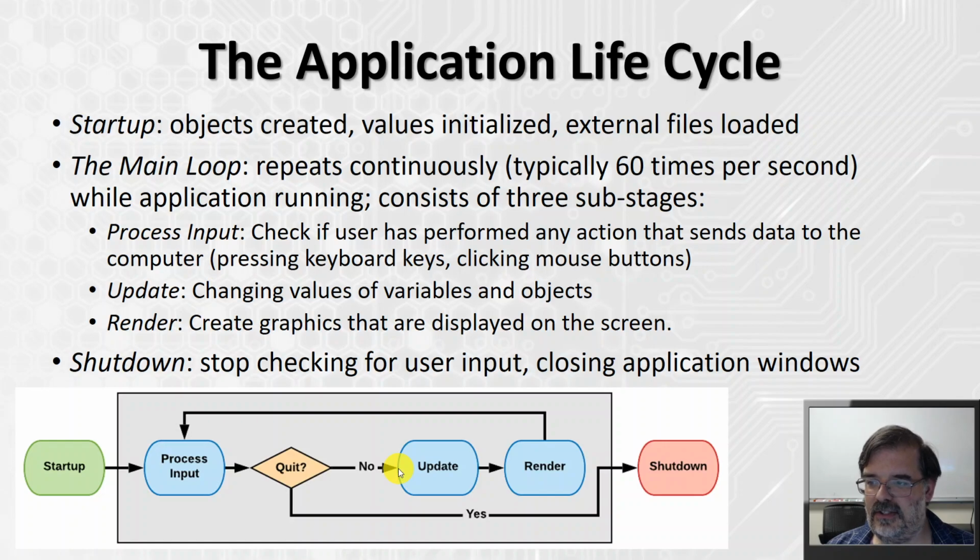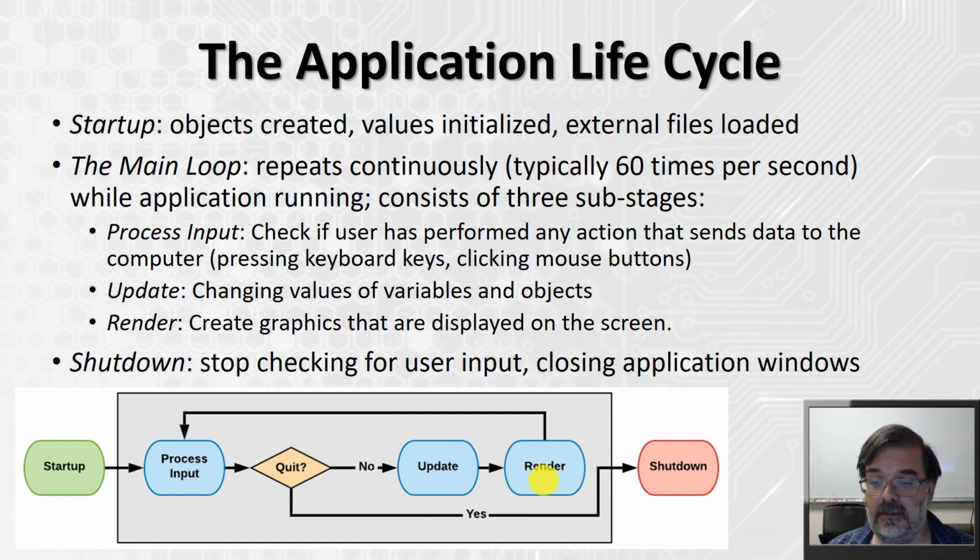But if the user hasn't signaled a quit, we'll move on to the update stage, where we'll change any values of in-application variables or objects. We might apply some transformations. We might run some algorithms such as physics simulation or collision detection. And then once we're done, we'll go to the render stage where we create the graphics that are displayed on the screen. And that's the stage which involves the vertex shader and the fragment shader,